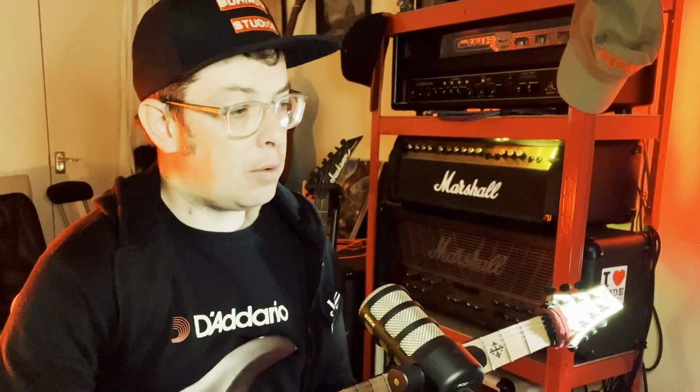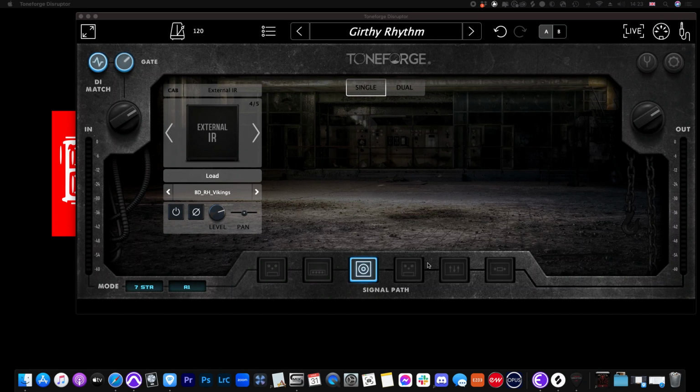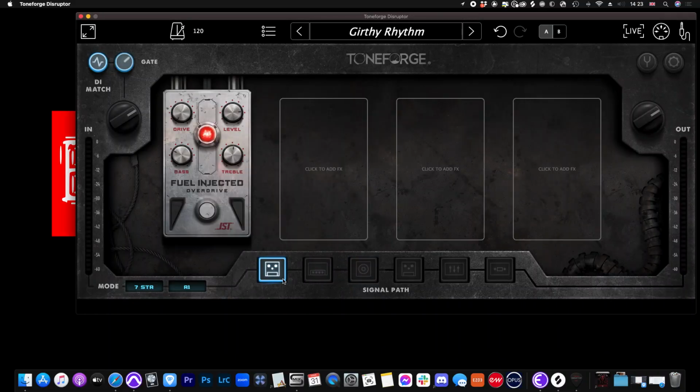So this is a really interesting amp sim because there's some features in here which I've never seen on a different amp sim, and we're going to talk about some of those. First off, as usual, I'm using the Vikings IR from Bogren Digital, just so you can hear consistency across the entire channel if you're wanting to compare amp sims that I have reviewed. If you've used Toneforge before, you'll recognize the buttons at the bottom here which show you the signal